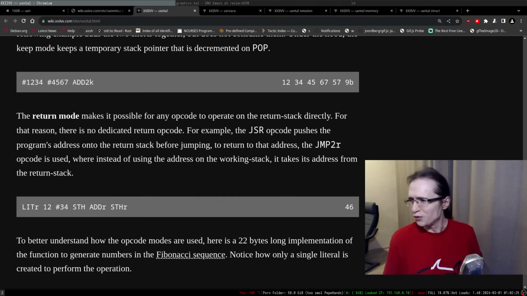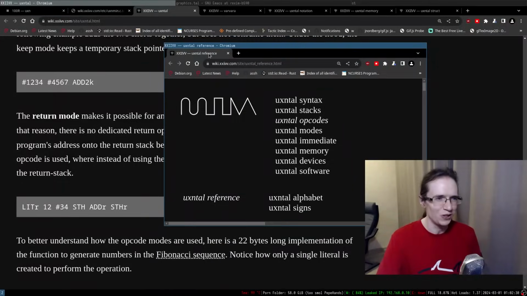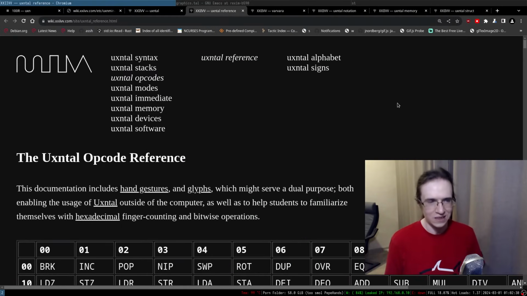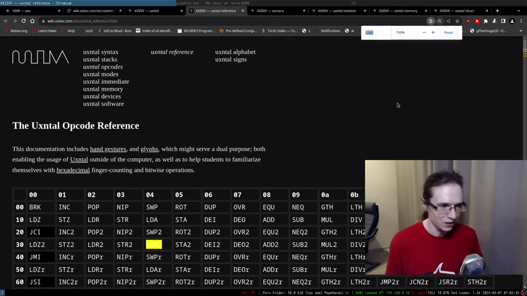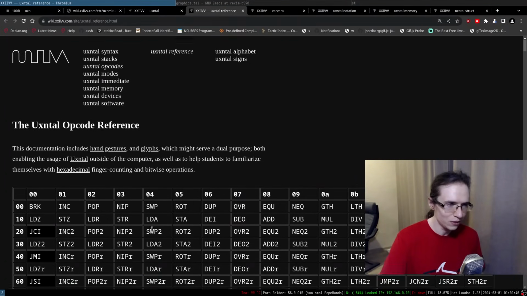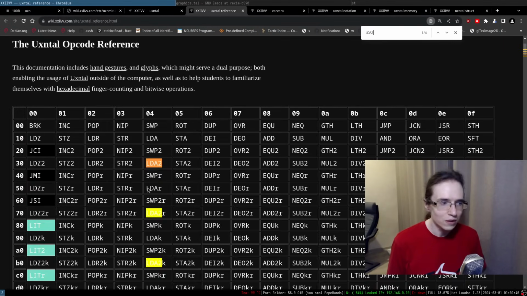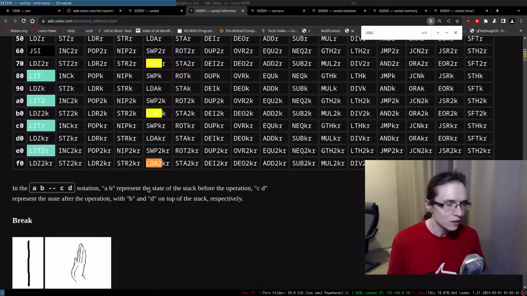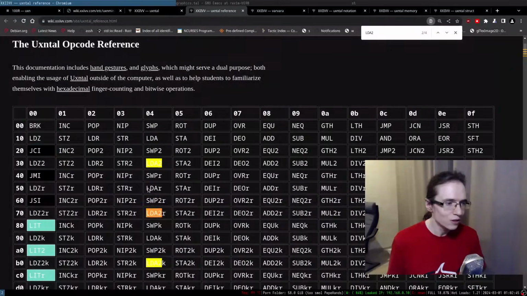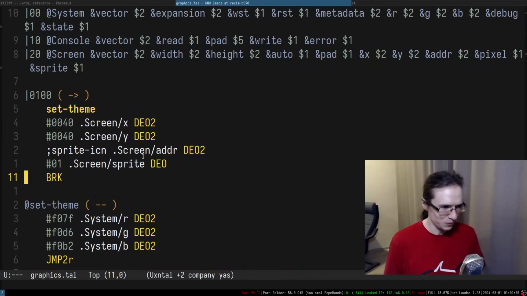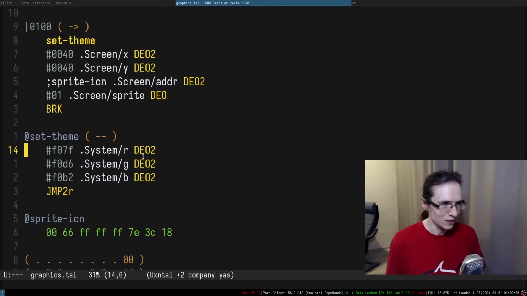Sometimes it's difficult to find all the necessary things. They're all over the place, and it's like, where is all of that stuff? LDA2. Okay, and is it clickable? It's not even clickable. There's no explanation, no documentation. Anyway, okay, that's fine.